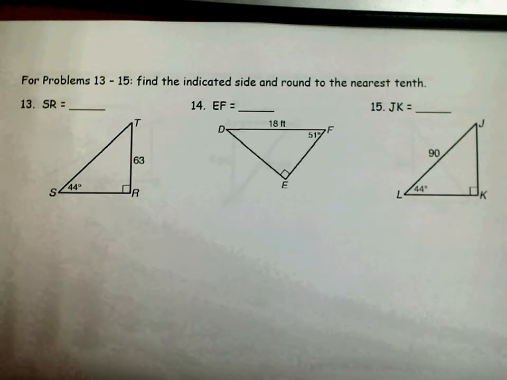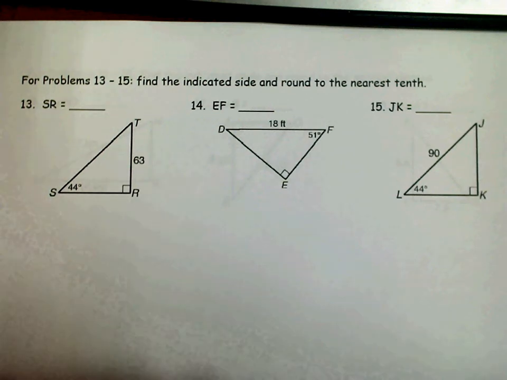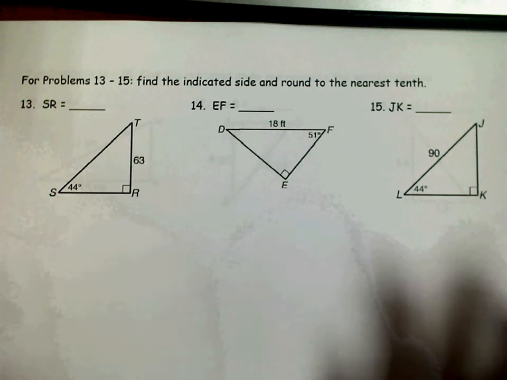For questions 13 through 15, it says find the indicated side and round to the nearest tenth. Since we're only given one side length, we can't use the Pythagorean theorem. We're going to have to use trig. So if you'll remember,